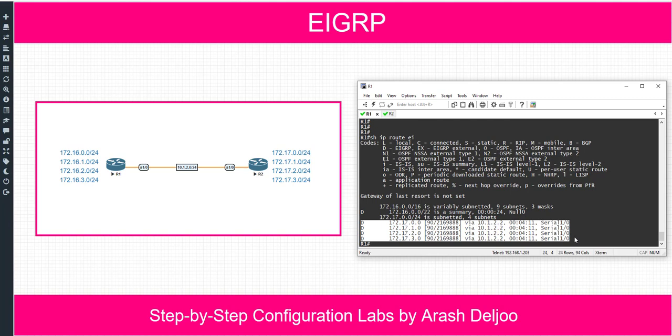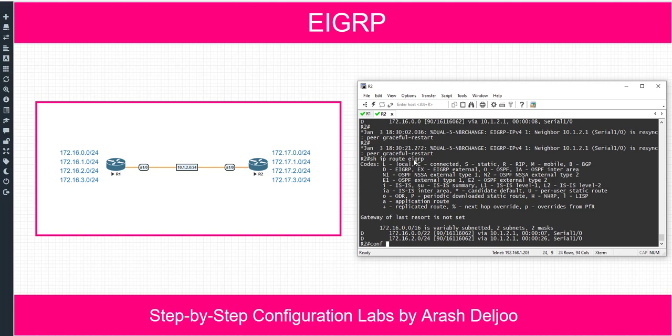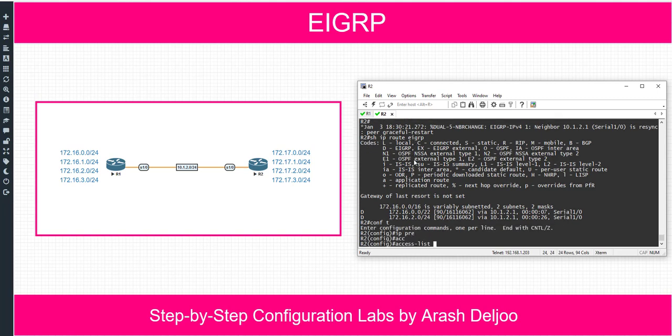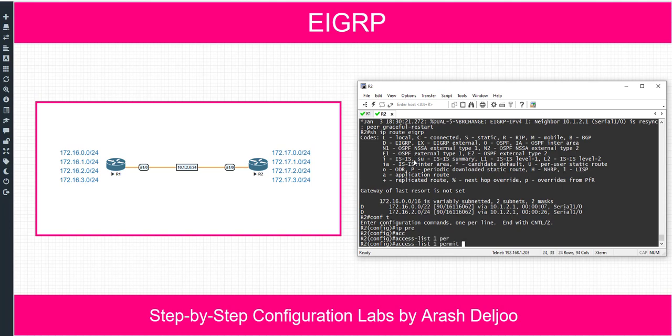I want to send the summary of these four networks from router 2 to router 1, but with the leaking of this network 172.17.2.0/24. Again, in router 2, we should configure the prefix list or access list. Let me use an access list here. Access list, for example 1, permit